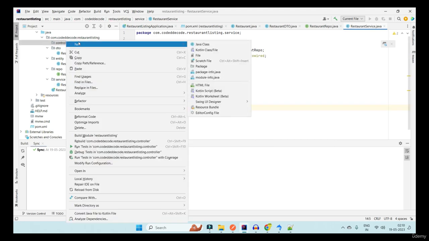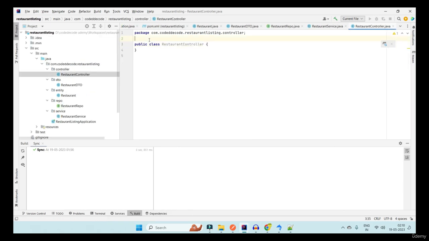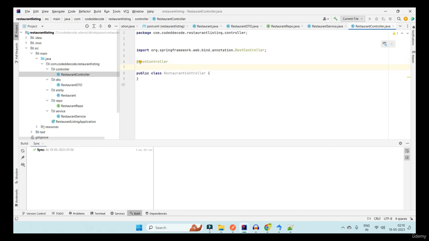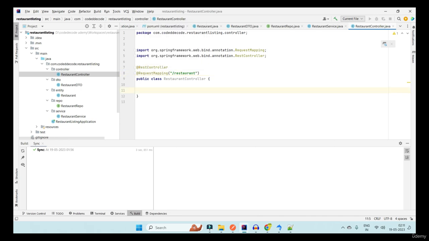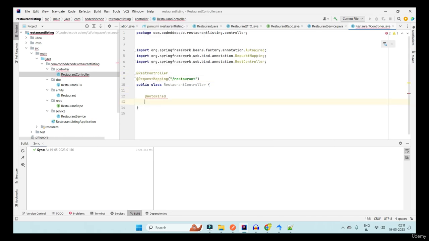I'm going to create a controller class, restaurant controller. This restaurant controller will be annotated with @RestController, which is a combination of controller and response body. It will make sure that your response is always going to be in JSON format and not going to map to any JSP or some models. So we're going to use it as REST controller because most of the time we're going to return the applications' responses as JSON only. I'll be needing a request mapping to annotate this controller with the base path or URL, that is restaurant. Here in the controller, you always auto-wire a service layer, restaurant service.